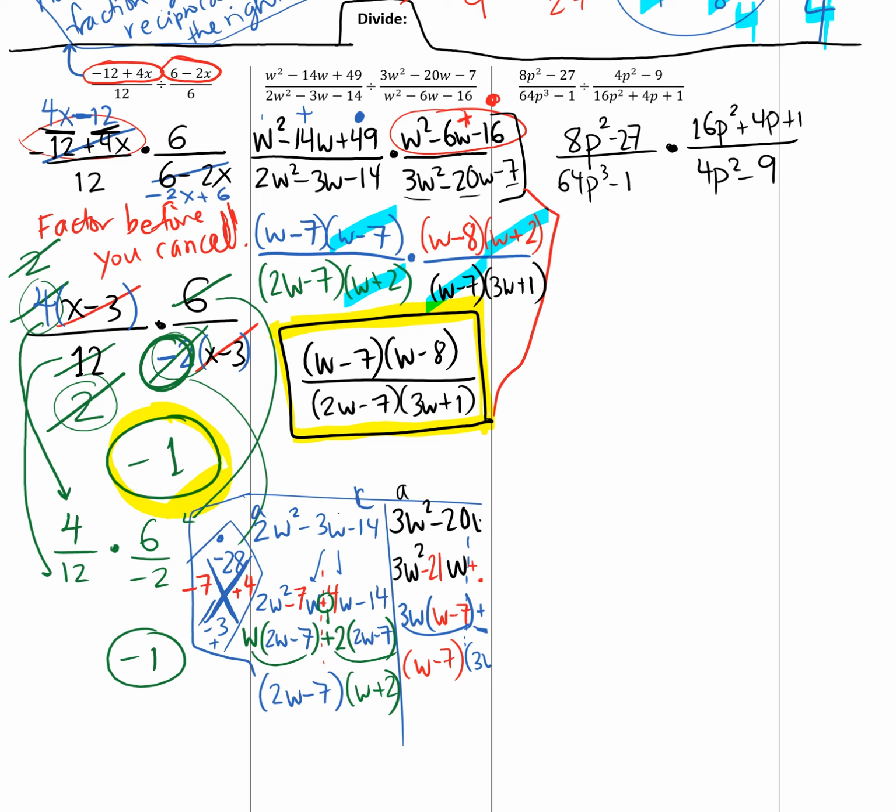You know what? I'm sorry. That was actually supposed to be a cube. I'm going to change that on yours. Sorry about that. This power on p should be a 3. Okay, so that means looking at that numerator,